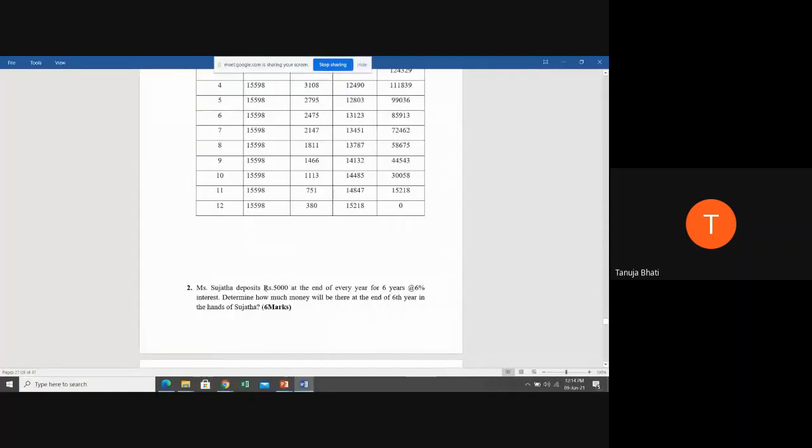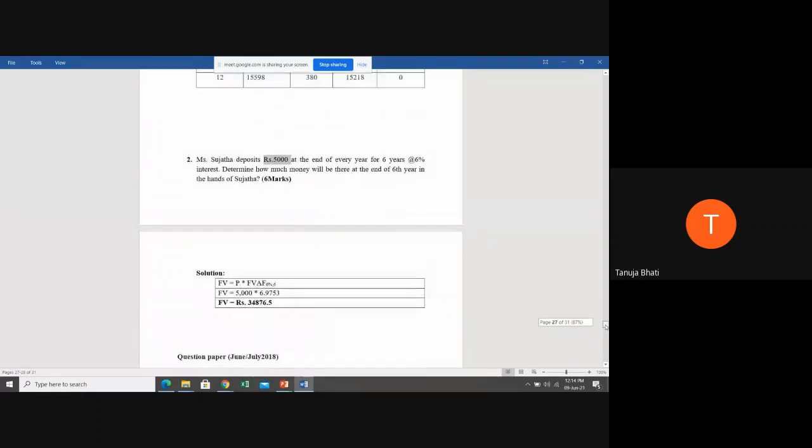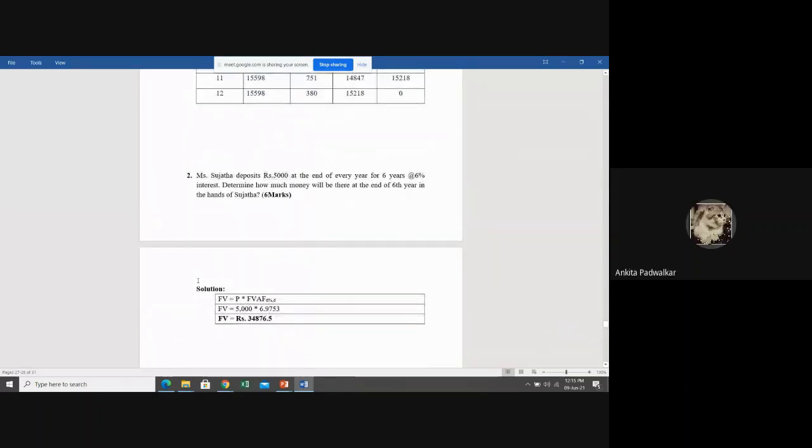It is cash flow into future value annuity factor. Correct, students? Yes, ma'am. So it is cash flow. You can write P as it is; you can name it anyhow. So it is cash flow into future value annuity factor. This factor you find out by using 6% for 6 years. Now cash flow is 5,000. Can anyone tell me, can I use a table now or should I use a formula to find out the value?